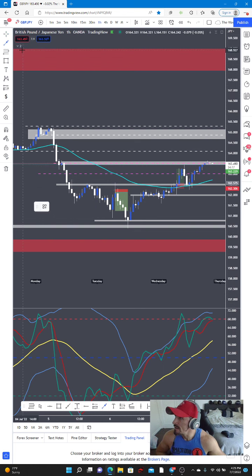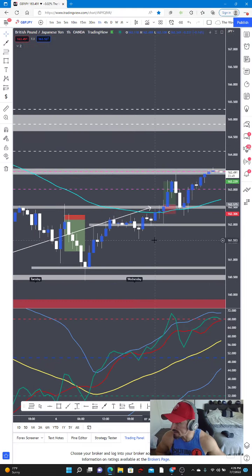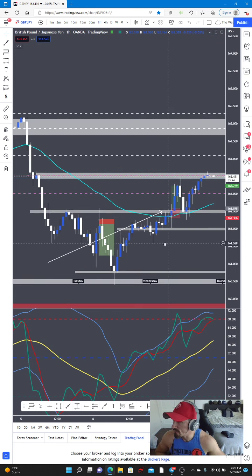So here it had hit this level at 162,575,560 and rejected. Then we came back up and tested it again where we took sells previously off of that level, back down, and then we were kind of in this range working our way back up. So knowing once it was getting closer to this area of previous resistance again,